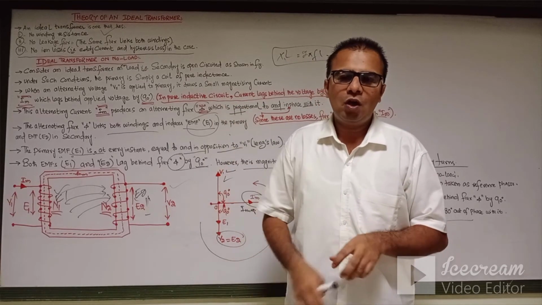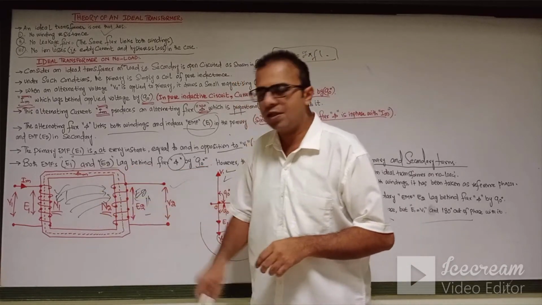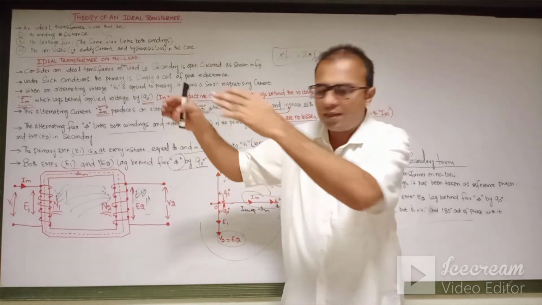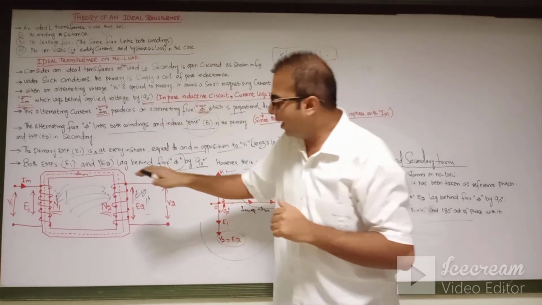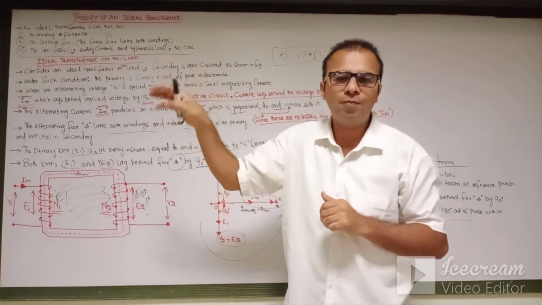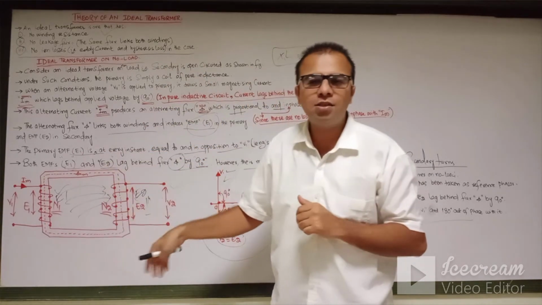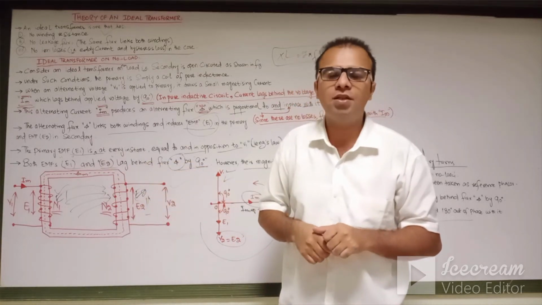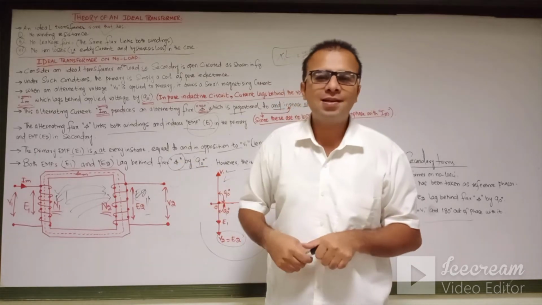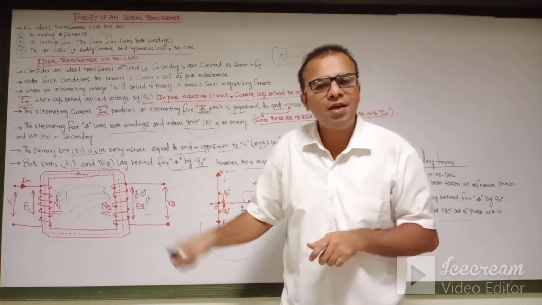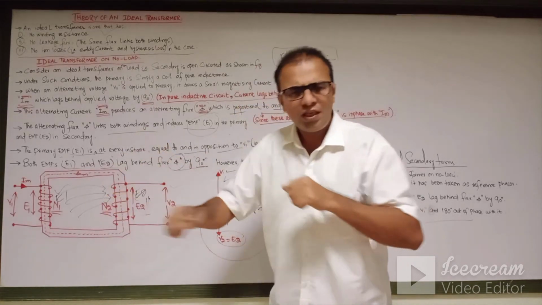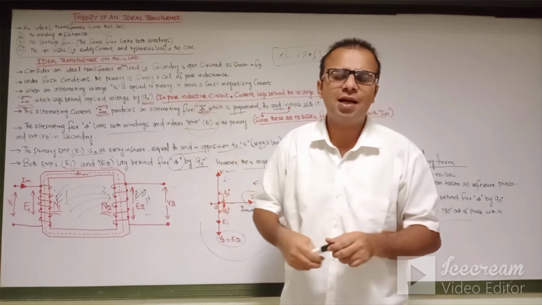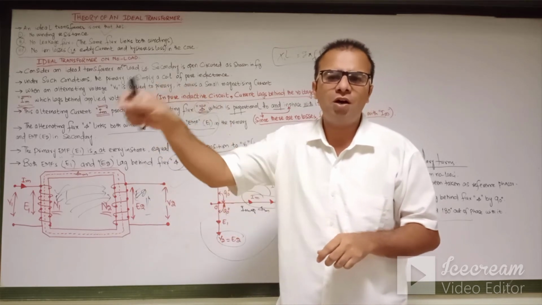Okay, and what about that? Again, this is the ideal transformer. The primary winding of the ideal transformer is connected to the supply side, so the magnetization current which is drawn from the main supply is used to magnetize the core of the transformer, and that magnetization causes the main flux to be established in the transformer. And according to Lenz's law, V1 is applied to the primary winding of the transformer, and E1 is produced. This E1 is totally in opposition to that V1 according to Lenz's law. Here E1 is produced because of the cause, which is the V1.